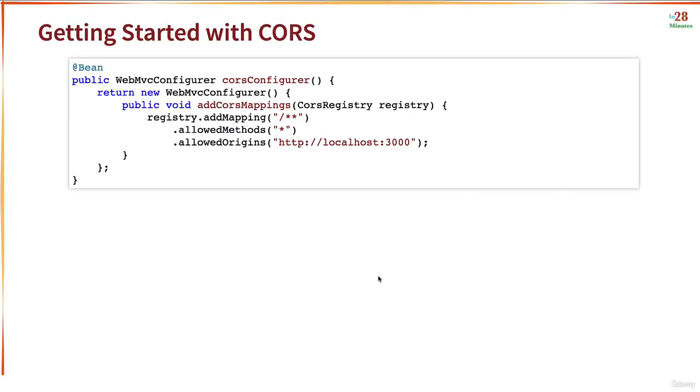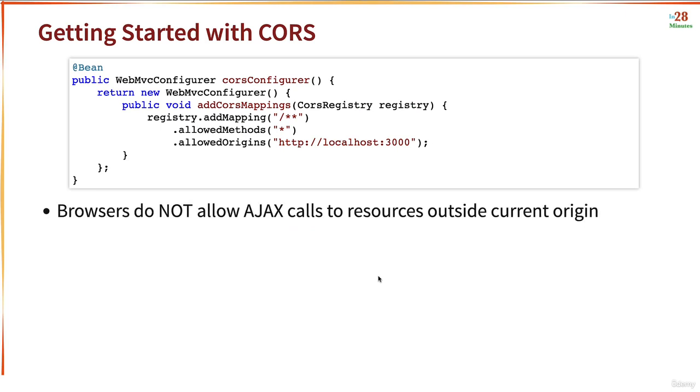In this step, let's talk about CORS. CORS refers to cross-origin resource sharing. Browsers do not allow AJAX calls to resources outside the current origin. Let's say you have a full stack application and your front end is making a REST API call